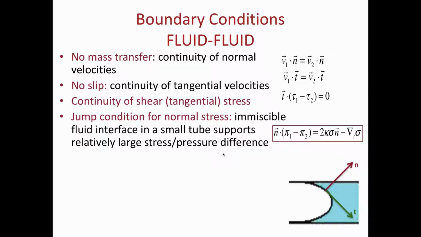And in response to these different pressures, my interface will curve. Okay, so curvature of that interface. In 2D, if I have a circle, it's simply 1 over the radius of that circle. That's my curvature. If I have a sphere or any other surface, I'm going to define, at every point, 2 orthogonal directions, and look at the radii of curvature in those directions and basically find the harmonic average. So that is my curvature,